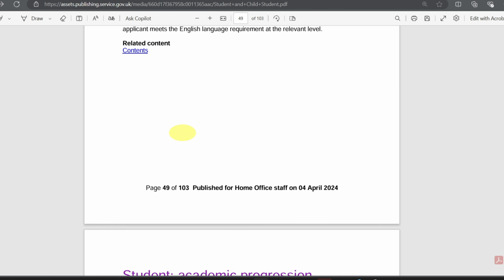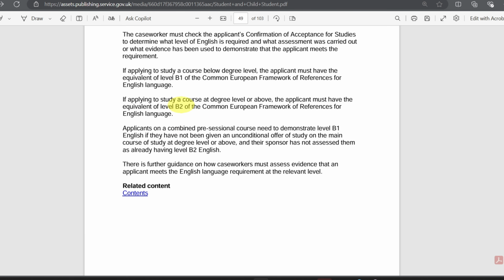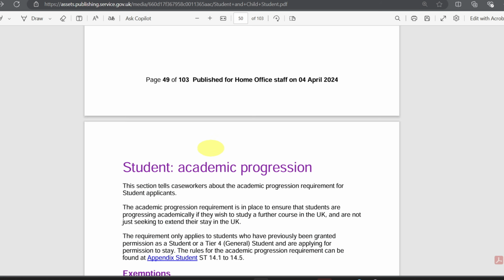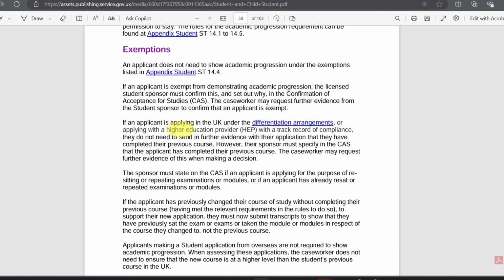So this is the complete, this is what they will see. But it says the caseworker must check the applicant's CAS to determine what level of English is required. Okay, and what assessment was carried out, or what evidence has been used to demonstrate the application meets the requirement. So for example, if you have the equivalency, then it will come over here. Okay, student academic progression, exemptions,